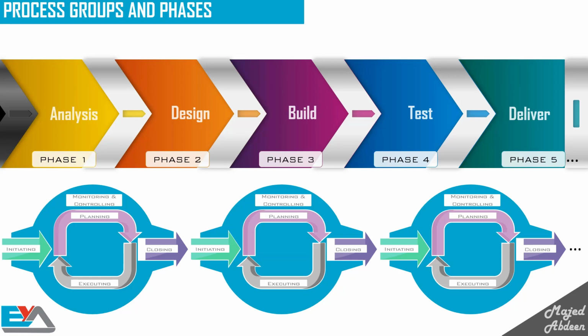But out of the 49 processes, some are optional, so you can tailor your project to avoid them as needed. But you can't avoid the planning or the executing or the monitoring and controlling of the processes you are executing, and you can't leave the project open forever, so you have to close it, even if the project has been terminated. So, now you have the general idea about the process groups, knowledge areas, and the project lifecycle or phases, and how it all works.